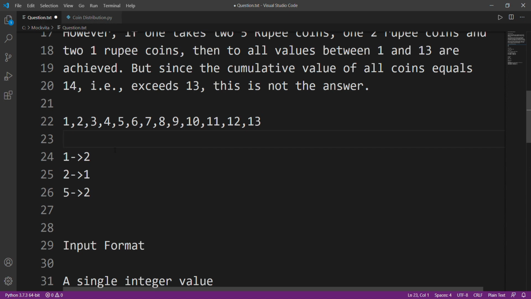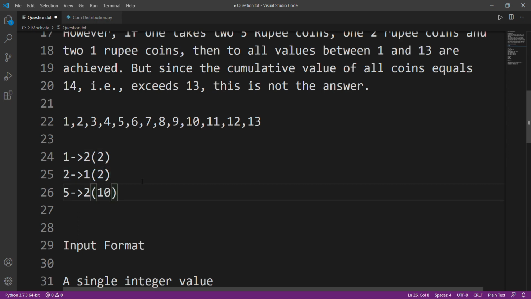Let's just test it out again. Suppose we want to make 11, then we can take two fives and 1 one. If you want to make 8, then we can take 1 five, 1 one and 1 two. If you want to make 6, 1 five and 1 one. If you want to make 9, 1 five, 1 two and 2 ones. So basically we can make all these values. But 2 one rupee coins will be equal to 2, 1 two rupee coin will be equal to 2, and 2 five rupee coins will be equal to 10.